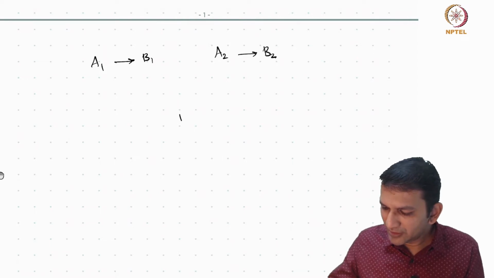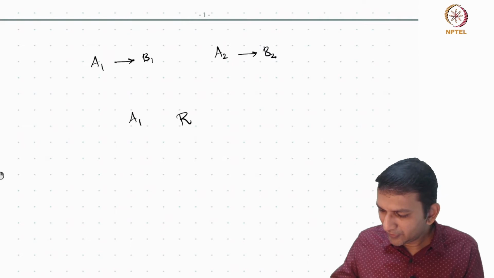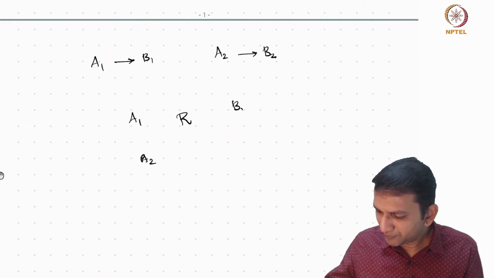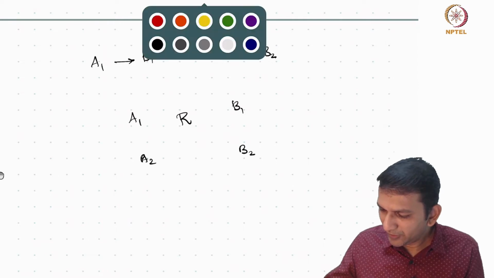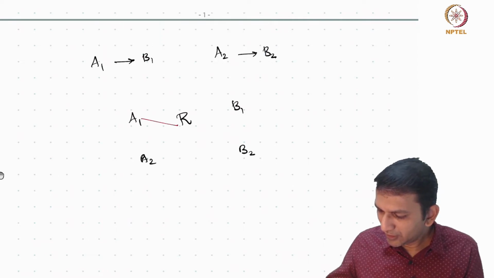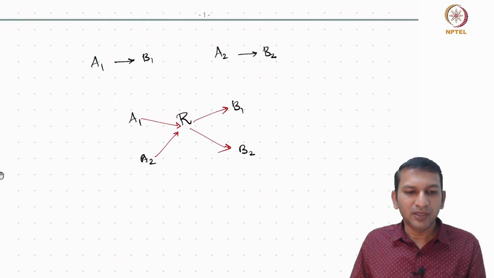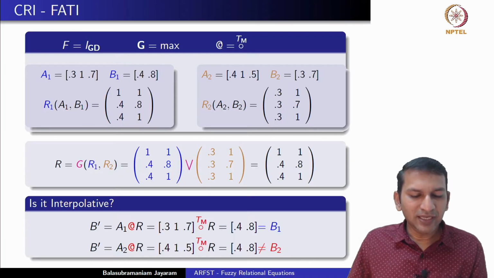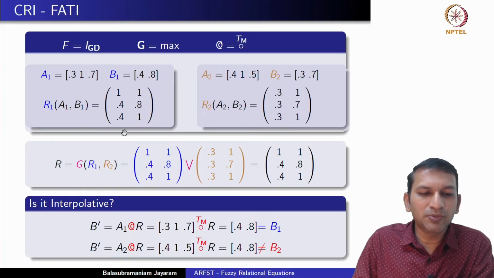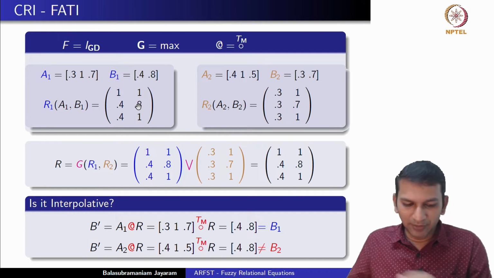What we want is a single R such that when we gave A1 to R, then we obtained B1, and when we gave A2 to R, we obtained B2. We want a single R, and we see here this R does not seem to make the cut,